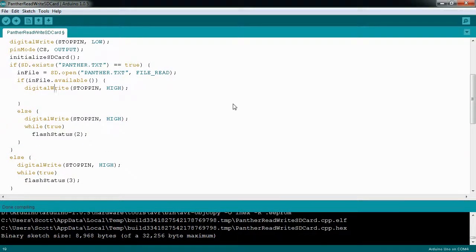And we're going to do a digital write this time to our status pin and make it high so we know, hey, things are good. That's basically what we're going to say when we see the status pin on by itself. Okay, so after we've set our status pin to high,